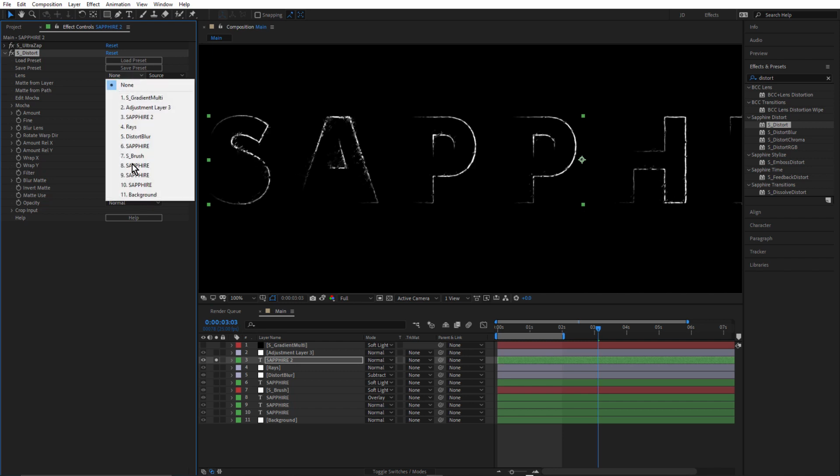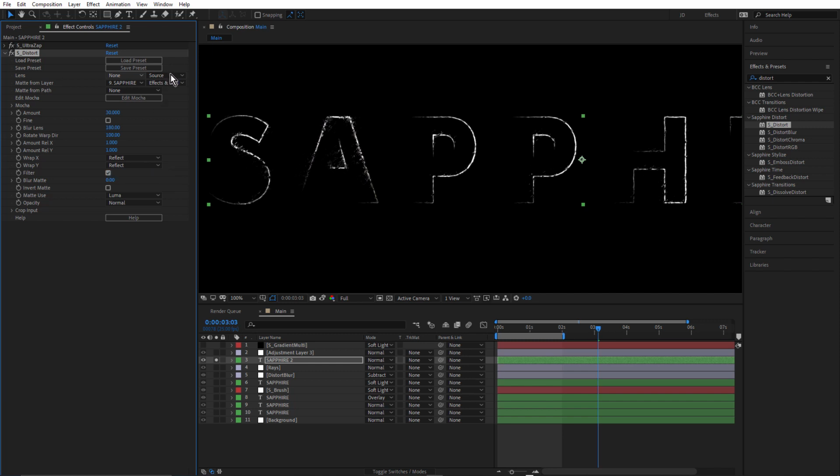What if we use a lens the same way? Okay, that's actually restricting the amount, so we'll turn that off. Just reset, rotate, warp direction. Okay.